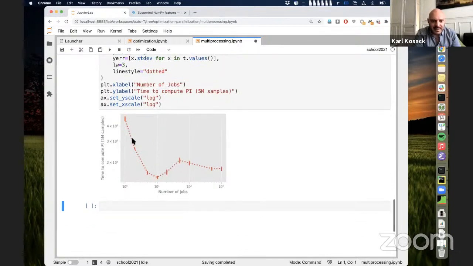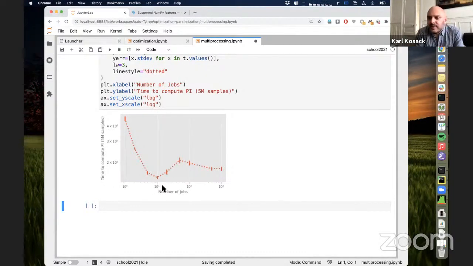Yeah, so you can see that we got better up to about 10 jobs, and then when we went above 10, it was actually not much better. So the number of jobs for the time you compute doesn't necessarily go linearly. You have to compute an optimization curve and see what the optimal number of jobs for your computer is. Depends on the computer, of course.